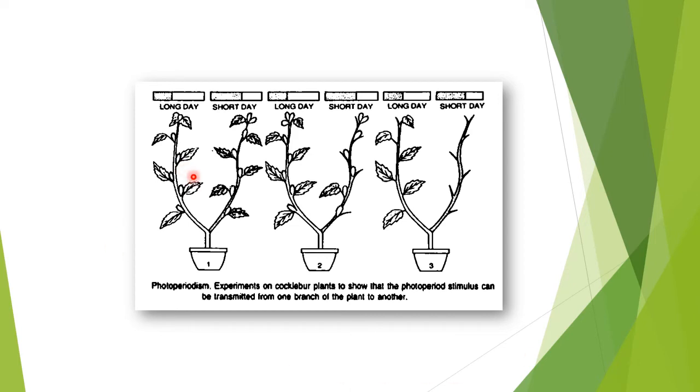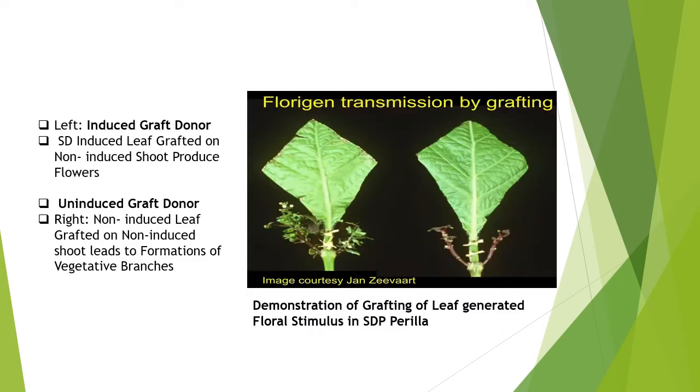It is the first experiment which was done on Xanthium, subjected to long day, subjected to short day. Flowering is taking place here, and then subjected to long day and short day. So flowering is taking place here, and then third, long day, short day, there is no foliage kept. As a result, no flowering is taking place there. This is as we have already explained it.